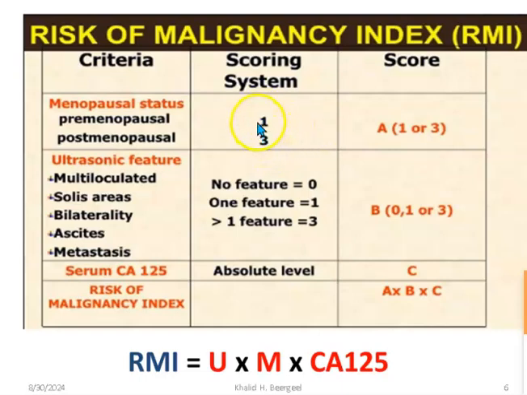You will give a score of 1 if premenopause or 3 if postmenopause. Then according to the features from the ultrasound, you will score accordingly. And the absolute level of CA125, then you will multiply all the 3 together. If it's more than 200, it is highly likely malignant,